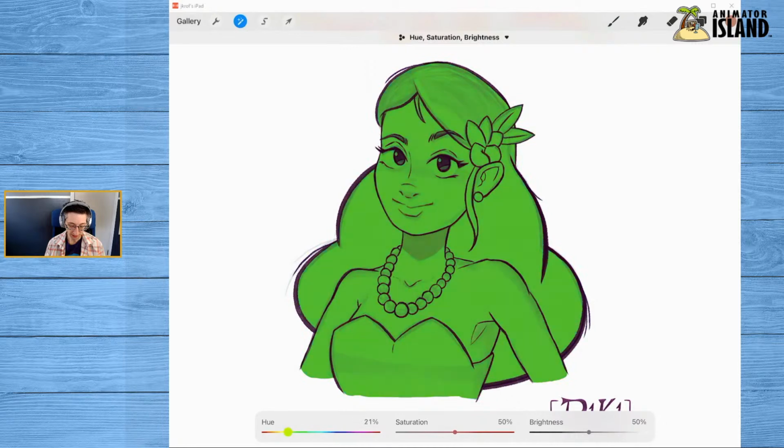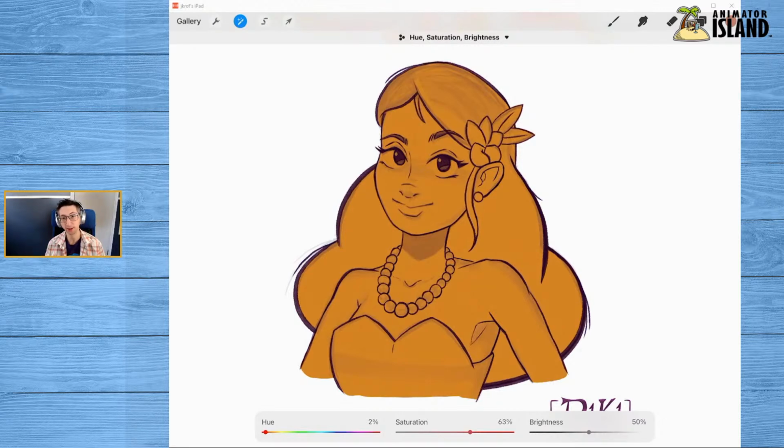Now, because I've picked this middle tone of blue, it's changing the hue to be just as saturated and just as dark or light. So we're going to have to move over to the second slider now, which is saturation, and play with that. Do I want it to be slightly less saturated? Do I want it to be more saturated? I'm not sure. But what I can tell just by moving this is that her skin is going to be a little too dark right now. With this setup, it's just going to be a little too dark.